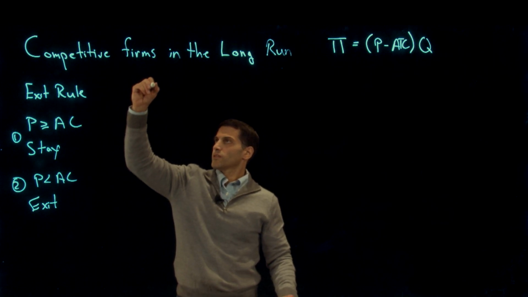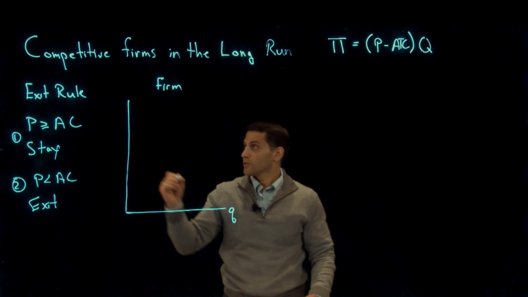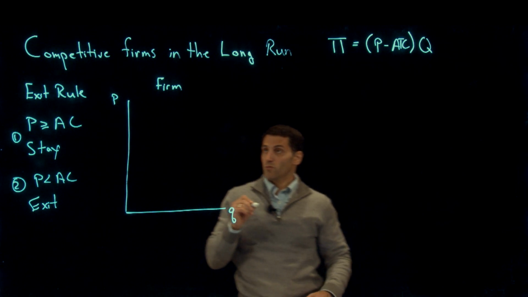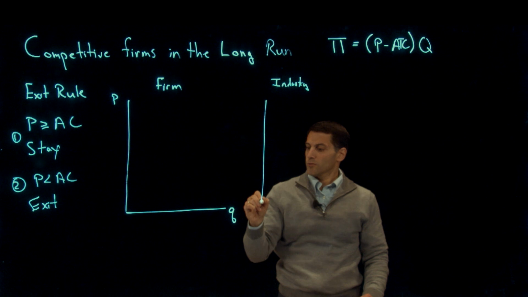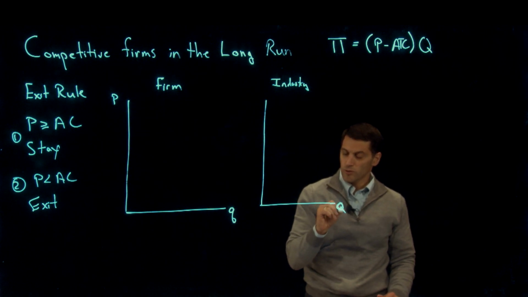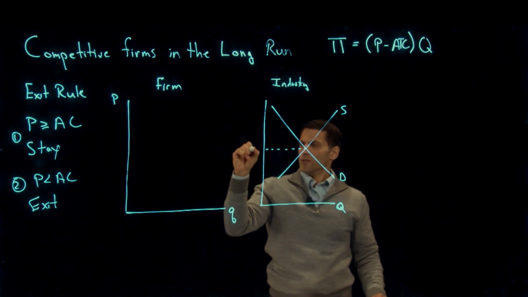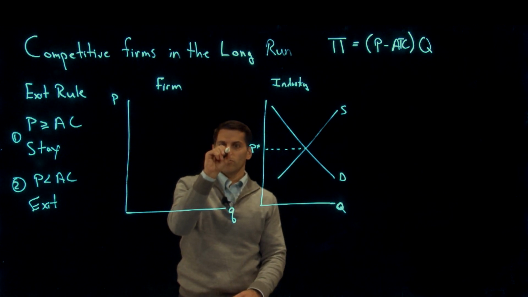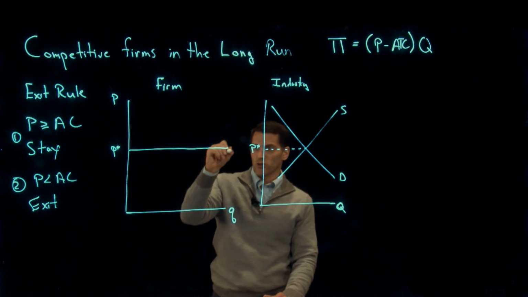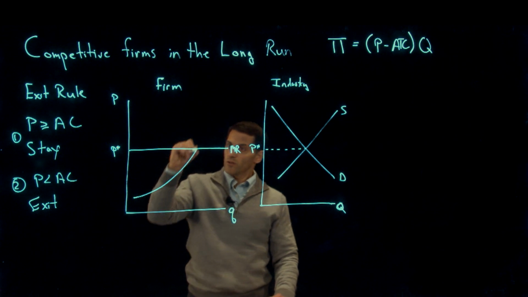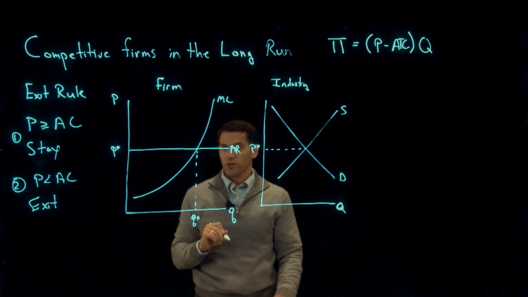So here's the graph for the firm, and here is the industry. We'll start off with our supply and our demand. Initially, we've got this equilibrium price here, which we trace back into the firm's graph and say, look, this is the marginal revenue, so the price in the market for the firm. Our marginal cost tells us that for this firm, the optimal level of output is here at Q star,